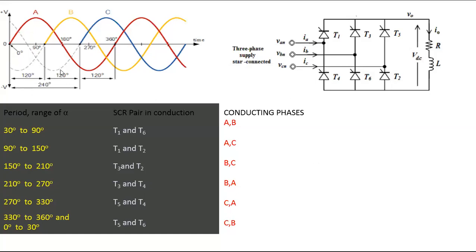Any doubt? Right, it is C. From 90 to 150, C is occupying the maximum space. Therefore, C is made more negative than A and B, so the conducting phase is C. Now what's going to happen? The current which started from A to T1, T1 to load, from load has to flow to which phase? C. C is connected in the reverse direction, meaning it is connected to T2 in the negative cycle. Therefore, the current flows through T2.